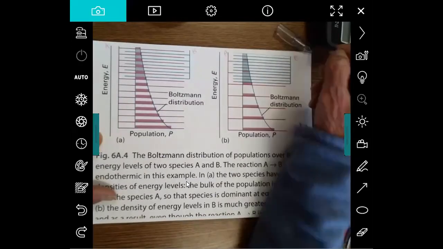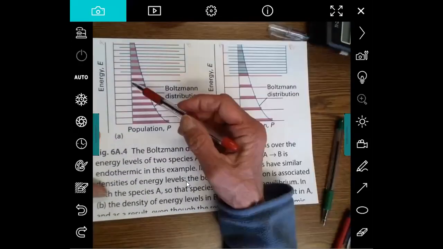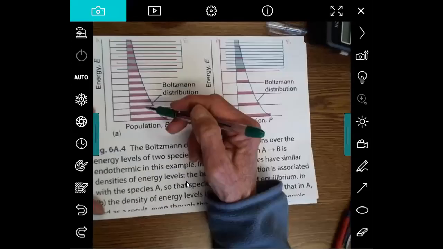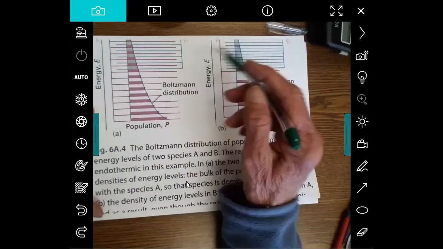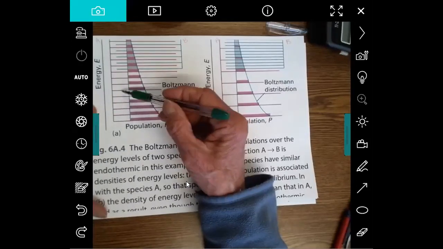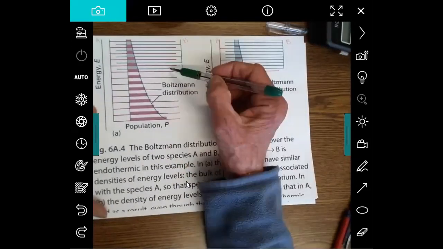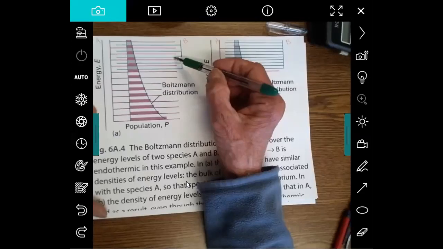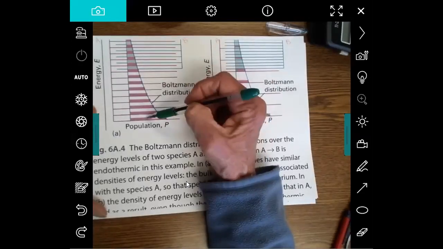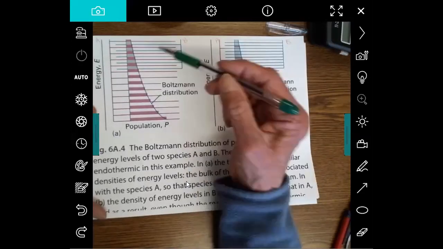The green represents B and the pink represents A. So when you look at this in the middle, it represents how many states are populated. What this shows you is that the states for A are about equally spaced, and the states for B are also about equally spaced. So when you look at the population of states,